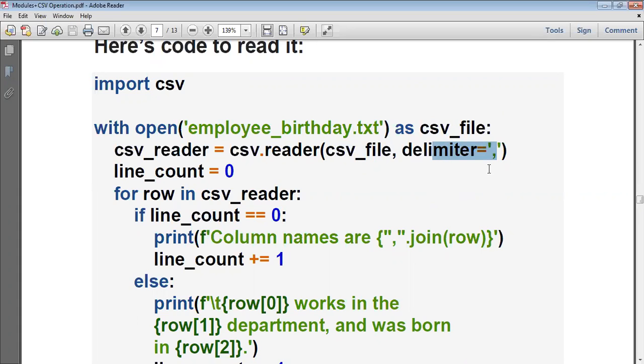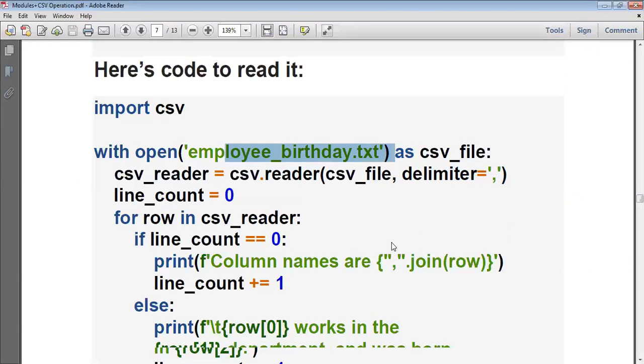Since it is CSV, comma is used. So delimiter is comma here. Each column will be read using comma as the separator, and this reader function will read the entire file named employee birthday.